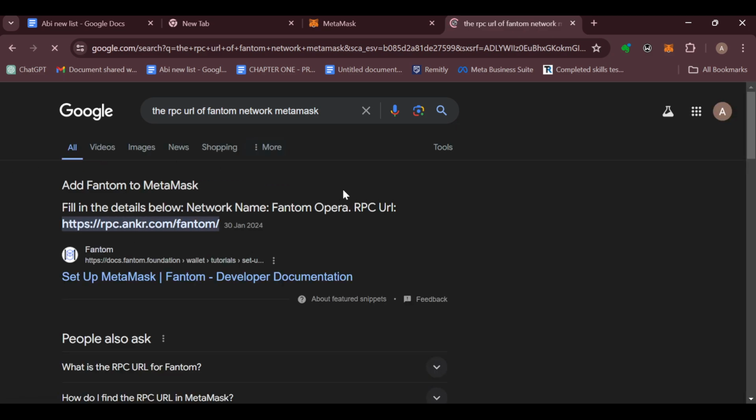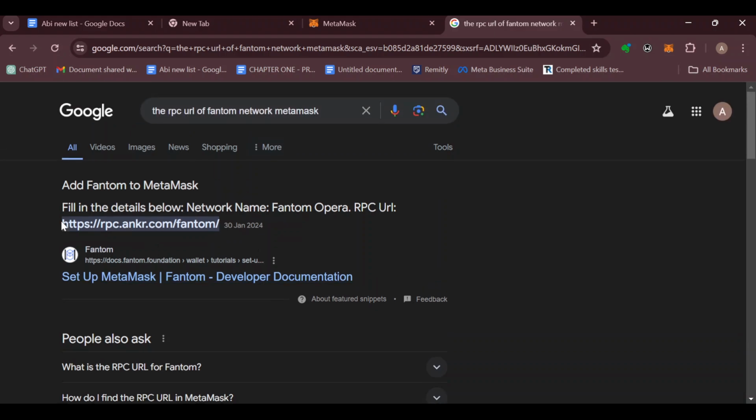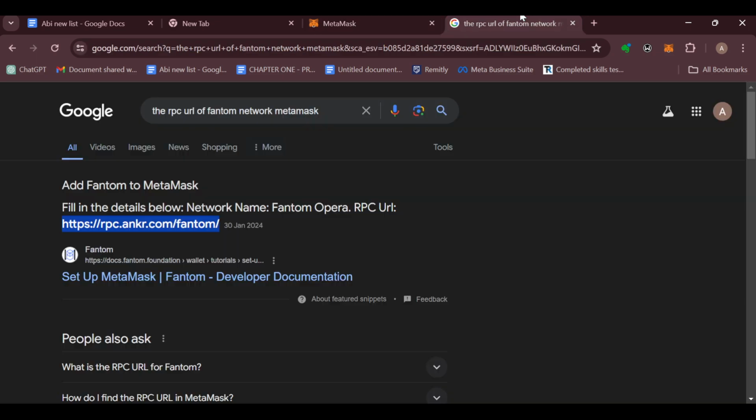After doing that, you can see the RPC URL being displayed here. So just go ahead and copy it. After copying it, go back to your MetaMask and paste it. Then the next thing would be to get the chain ID, so you can go back there and type out